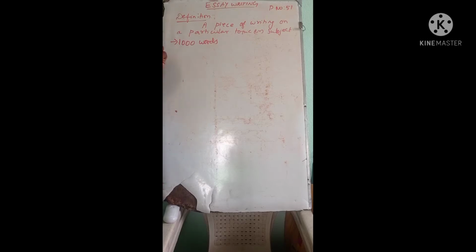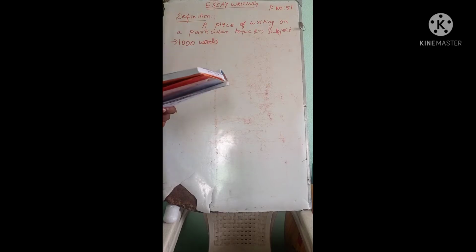You know, group of letters make words. Clear? Group of words are called a sentence. Group of sentences are called a paragraph. A collection of paragraphs is called an essay. Clear? Another definition: essay means a piece of writing on a particular topic or subject. In another way, how do we define the term essay? Collections of paragraphs arranged coherently on a particular topic or subject. Clear? That is another definition we can say for the term essay.